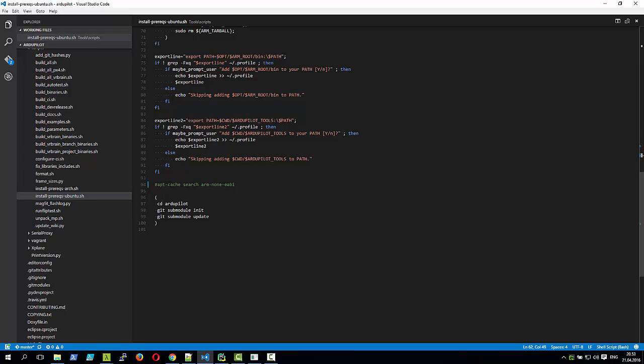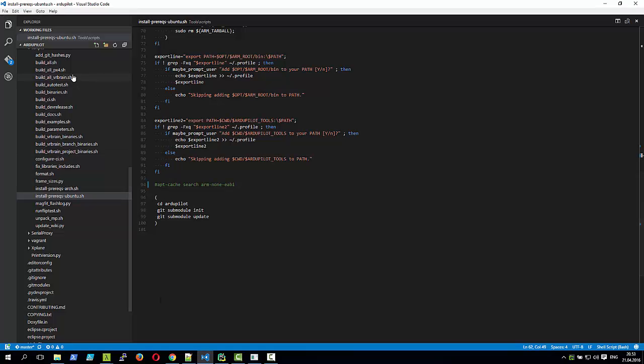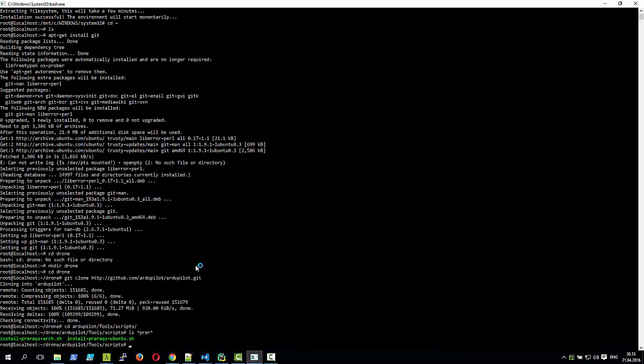So I have this one saved in my Windows version of the repository. And obviously I could bring up vi and just edit this directly in Linux, but you don't want to see me running vi. So what I'll do instead is just copy it through the mount. Now, you can't see it, but this code is living on my D drive, Documents, scripts, run stuff, ArduPilot. So I can get to that by using mnt, d, scripts, run stuff, ArduPilot, Tools, scripts, install-prereqs-ubuntu, and I'm just going to copy that